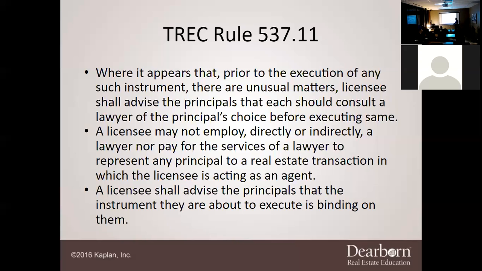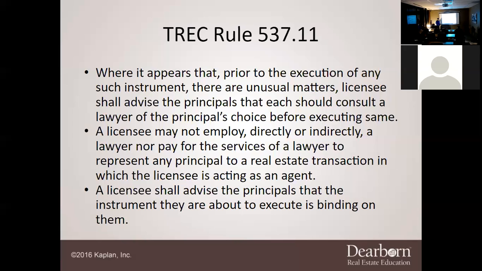Because what ends up happening is if that agent is going behind the broker's back, what do you think's happening in transactions? That agent's doing things behind their back. Okay? So you have to be very careful in those situations so that you make certain that you're following your rules, you're following the protocols.